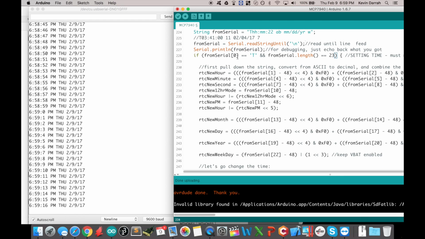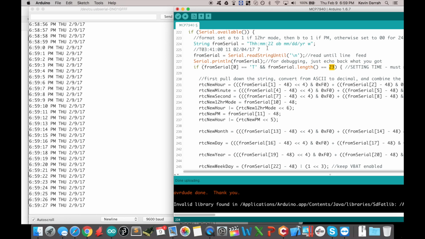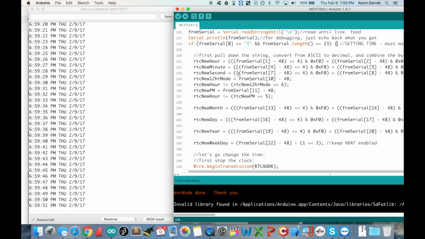And then if that first byte is equal to t, which is what it should be, and the length is equal to 23 bytes, which it must be, then you've got the correct length. So if you screwed this up and only had 22 bytes or whatever, I don't want this going through, and you don't want it configuring things down on the RTC with garbage data or data that's not there, right? So anyway, if it passes those checks, it goes into here, and now it's actually going to read out the individual